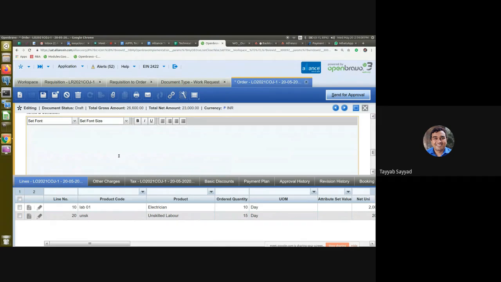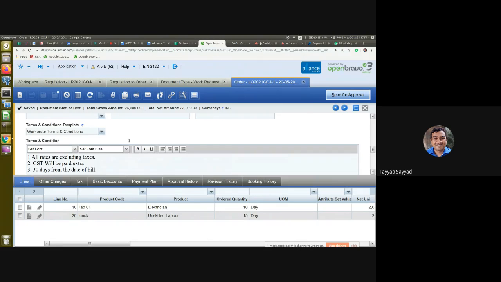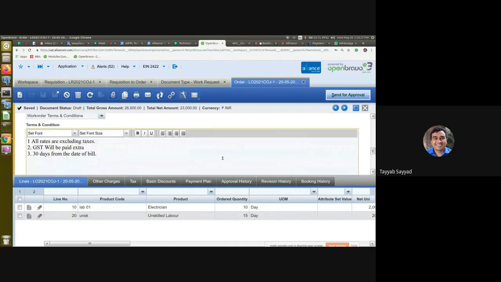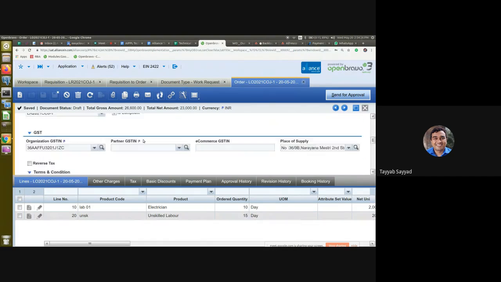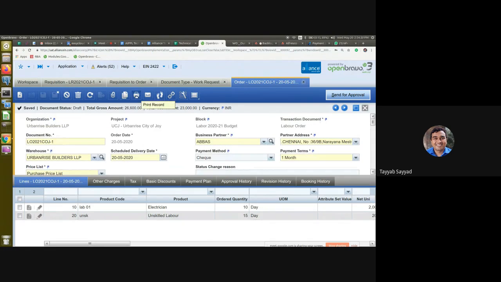I'll use some standard template for this one, which is work order terms and conditions. And this we can print out by clicking on the print button.